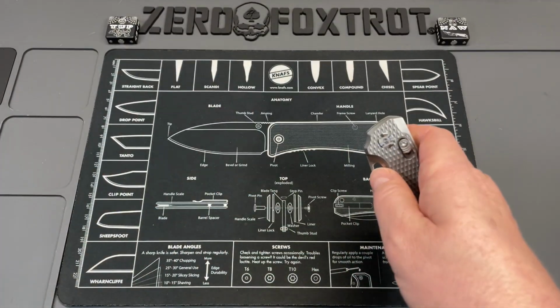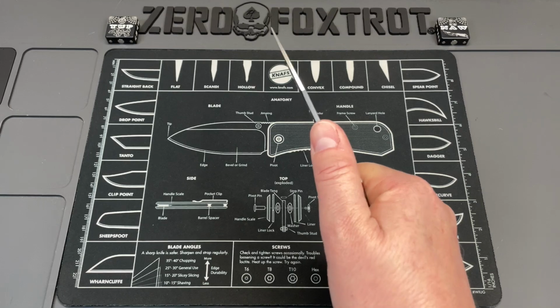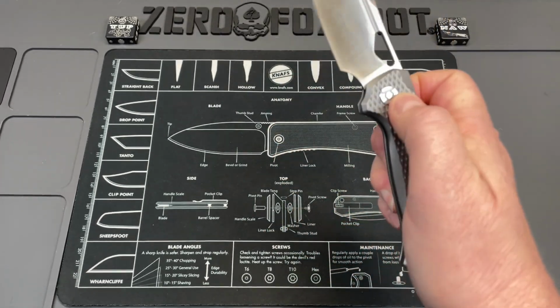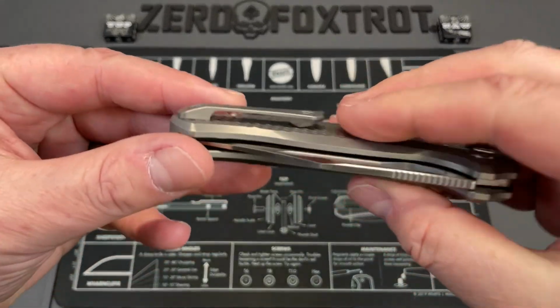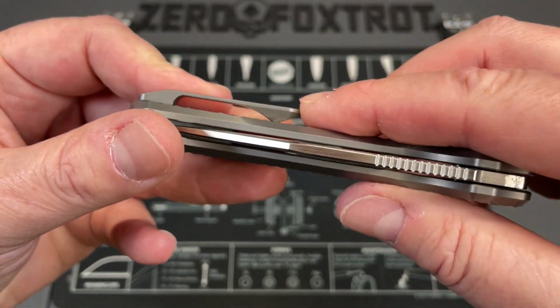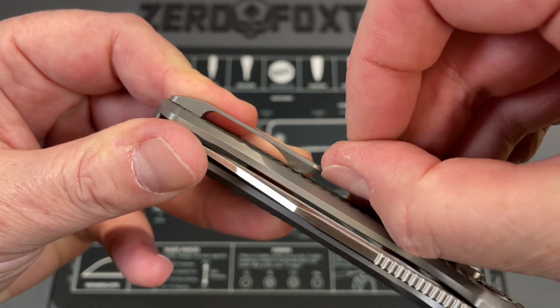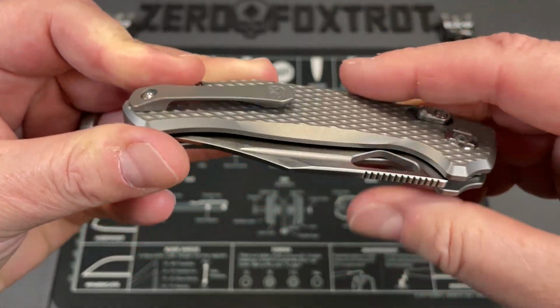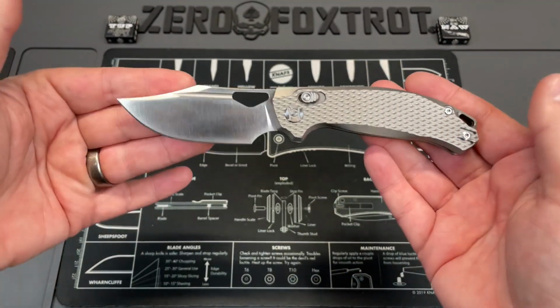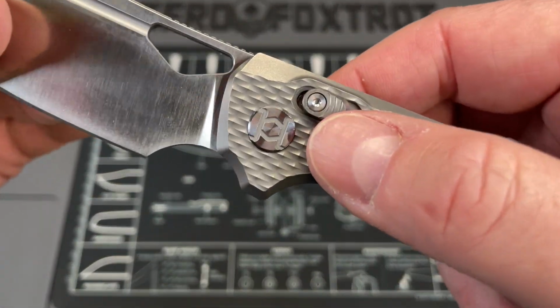In hand, it completely disappears. You don't even notice that pocket clip in hand at all. In and out of pocket, it's nice and smooth. There's no issue with the textured titanium causing a problem. The pocket clip has just the right amount of tension to keep it in one spot, keep it from walking around. The overall lines of the knife are just beautiful, as you can see,